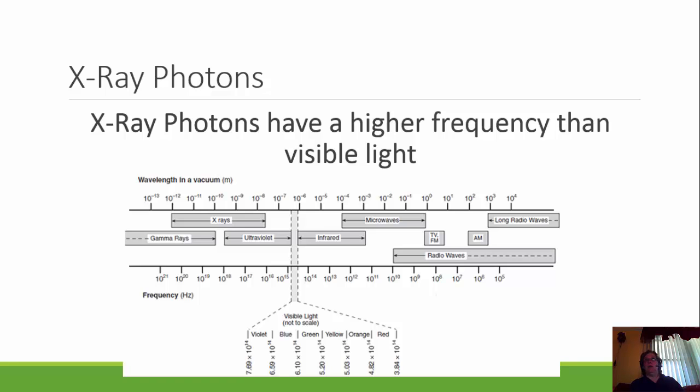And if they strike with enough energy, those electrons will not only be ejected, they will also leave with some kinetic energy. So today I want to talk about what happens when instead of using visible light, we use X-ray photons. Because X-ray photons, as you know from the spectrum in your reference table, you can see here on this slide, have a higher frequency than visible light. They're on what I consider to be the dangerous end of the spectrum. They're on the violet end of the spectrum. They overlap with gamma radiation and ultraviolet radiation. They have high frequency, high energy, low wavelength